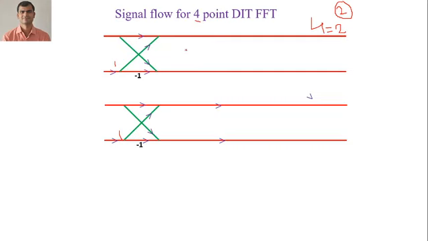After this we have to add, so addition is taking place. At this point two samples are coming together. This is my first sample and this is my second sample. At this point also, this one is my first sample and this is my second sample. Similarly for this. Here you consider 2 lines, here we have to consider 3 lines. Here there is a separation, but here it is not. So here one butterfly diagram is going to complete.